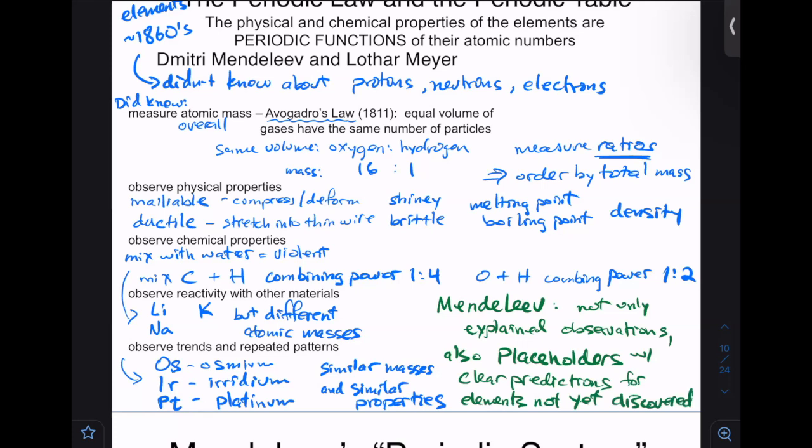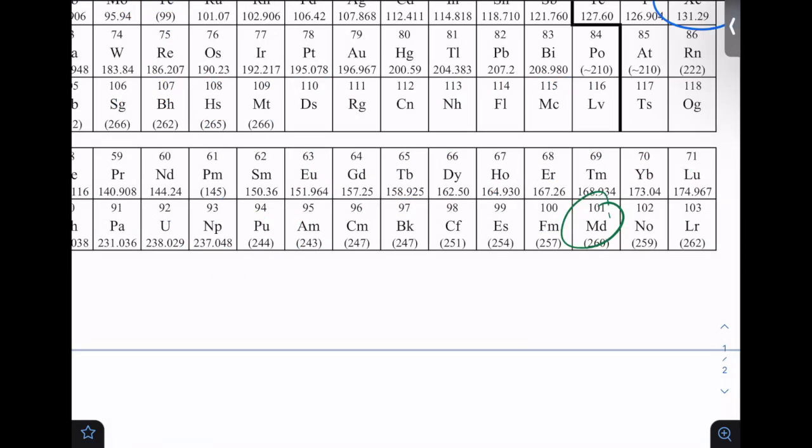By making those predictions, Mendeleev was actually able to help future scientists, because Mendeleev made predictions on, well, I don't know what this element is yet, but when you find it, it should have a density of this, and a melting point of that. And it should be shiny or it should be brittle, right? And in the next 10 to 20 years, actually, many of these elements have been discovered, aided by Mendeleev's predictions. But the point of my story here is that Mendeleev has an element named after him, Mendelevium, all right,